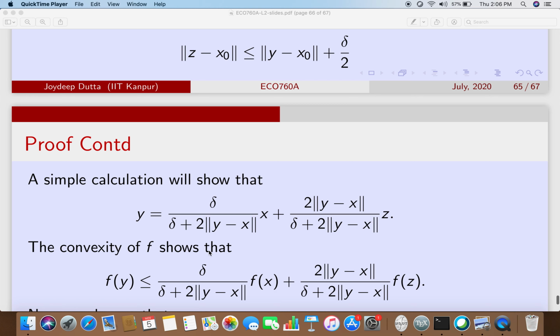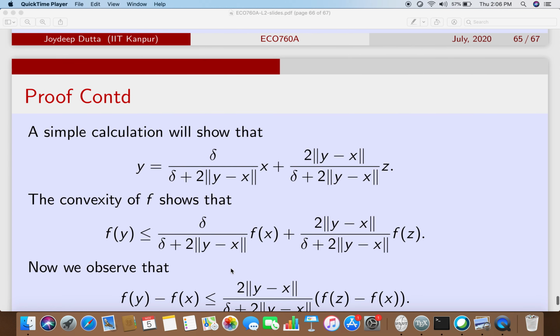Observe this coefficient and this coefficient. Because delta is obviously less than the numerator, 2 norm y minus x is less than the numerator, these quantities are less than or equal to 1 and greater than or equal to 0. And the sum of this coefficient and this coefficient is 1, which you can easily see. So it's a convex combination, and by convexity we will have this,